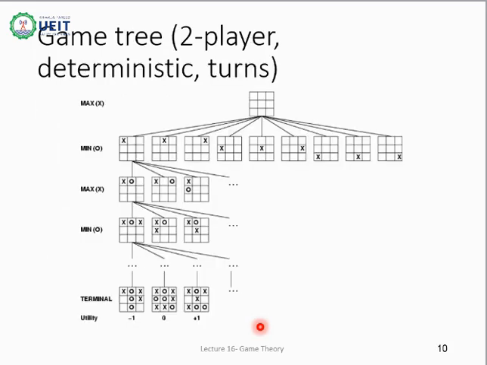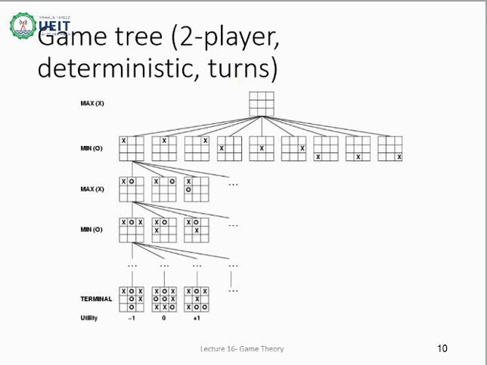Let's discuss this graph. This graph shows the sequence of possible moves that a player can take from the current position for a tic-tac-toe game. Tic-tac-toe is deterministic, as the next move can be decided from the current move. It is a two-player game, thus its environment is multi-agent. Each player has to take turns to win the game. First, it is the turn of player 1, then player 2, thus it is a turn-wise game.